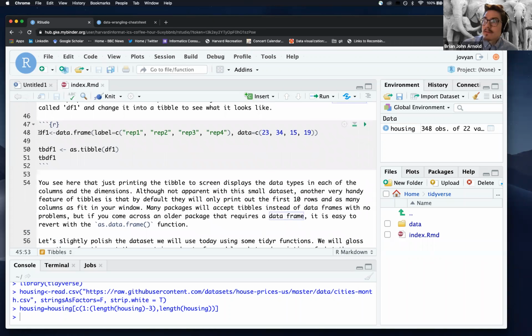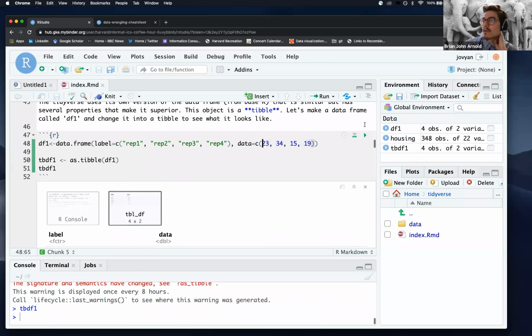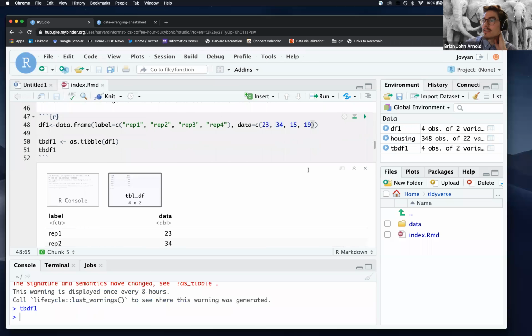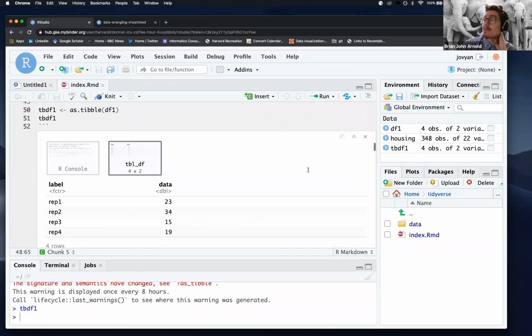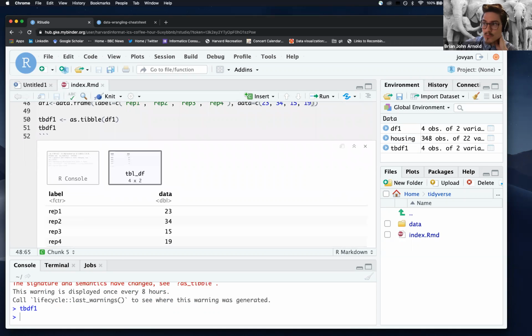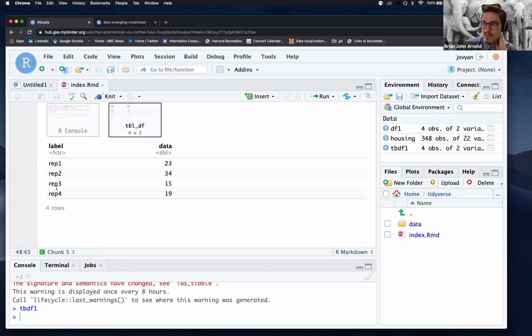In this code here, we're going to make a data frame. It's going to be very simple. It's going to have 4 columns that are labeled rep 1, rep 2, rep 3, rep 4, and it's going to have some data. And then we're going to take this data frame. So let me just run this code. As you can see, actually, sorry, I misspoke. This data frame has rows that are labeled rep 1, rep 2, rep 3, rep 4. And then the data for replicate 1 is in